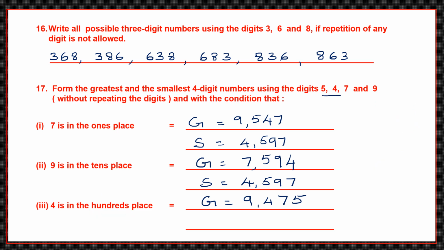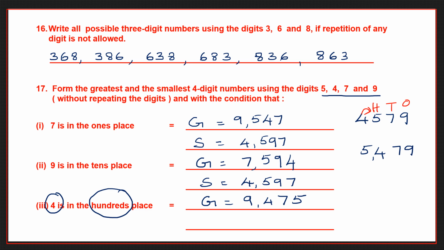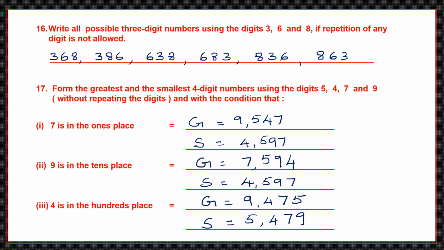Now let's form the smallest number. Now using these 4 digits, the smallest number will be 4, 5, 7 and 9. Go back to the question. 4 is in the hundreds place. So hundreds is ones, tens, hundreds. So 4 should come here. So this will start with 5 and then I put 4, 7 and 9. So that's 5,479. That's the smallest number. So we've got all our numbers here, all our answers, the greatest and the smallest 4-digit numbers, and we